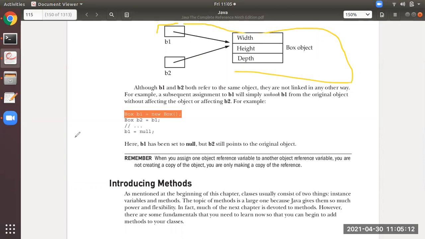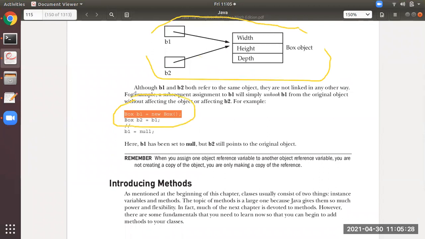okay, so that is nothing but this thing. Sorry, these complete two statements are with these two things. But when you write b1 equal to null, what is happening is b1 has been set to null, but b2 will be linked with this part only. Don't worry. I hope you have understood this.